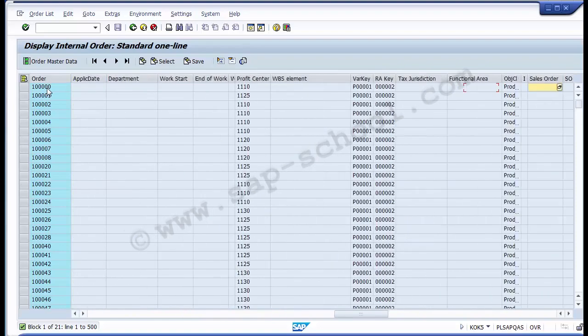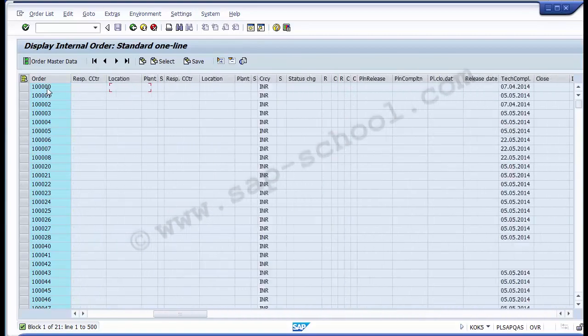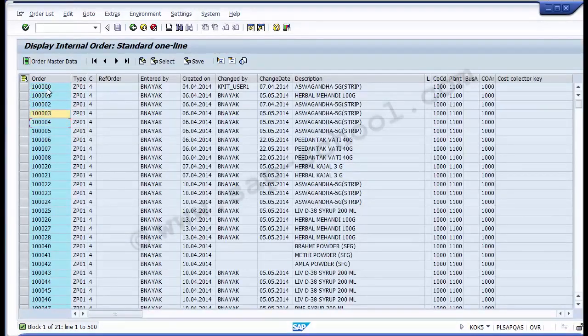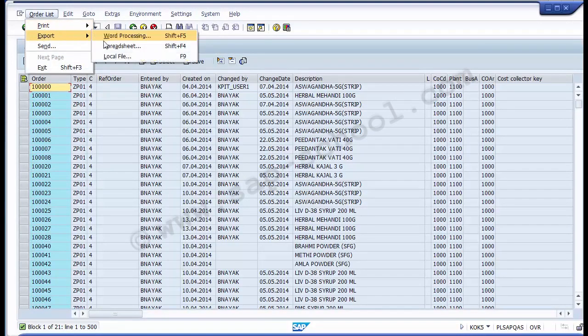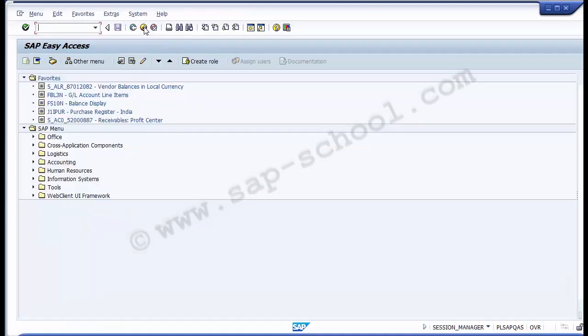So all these master data details are reflected to you on the screen with respect to the internal order master data. So this is how you can have it, and even if you want, you can download this master data report, going to the order list on the header, export, and then you can click onto spreadsheet. And once you click onto the spreadsheet, it will take the data to the spreadsheet, and you can use it for further processing or further requirements of the organization. So this is how the internal order master data record has been taken up,